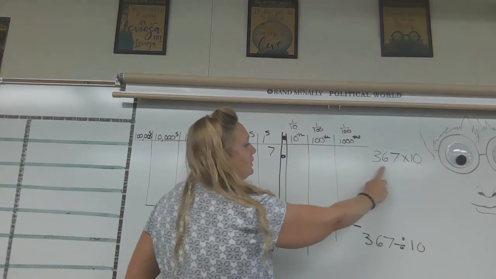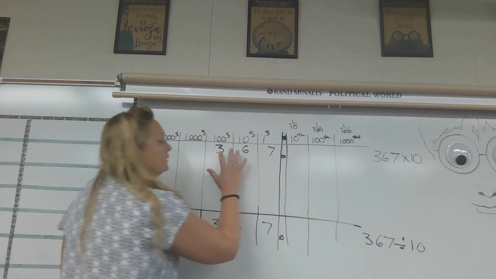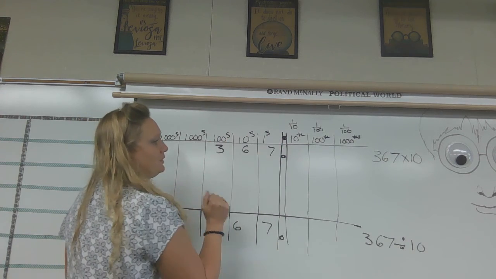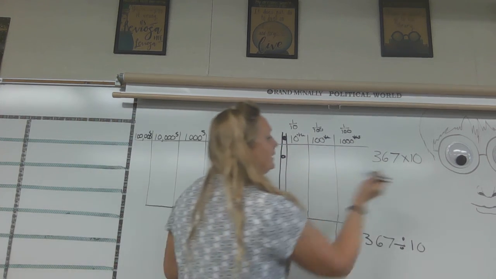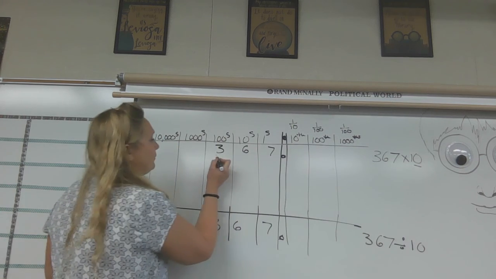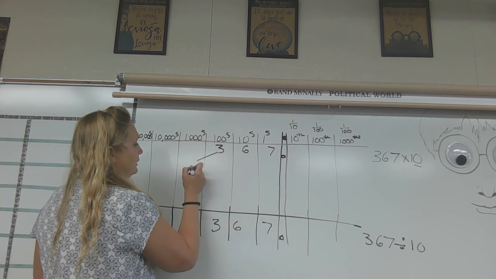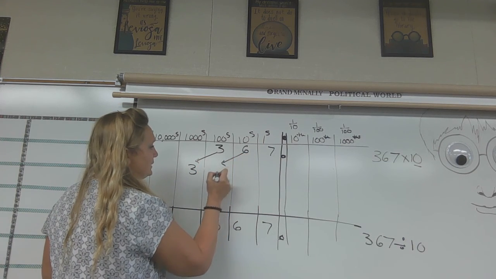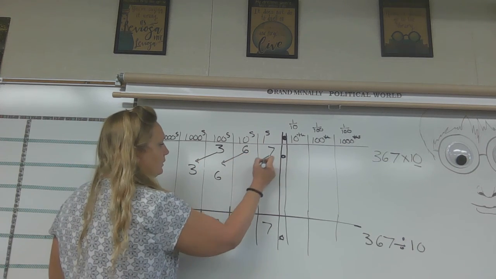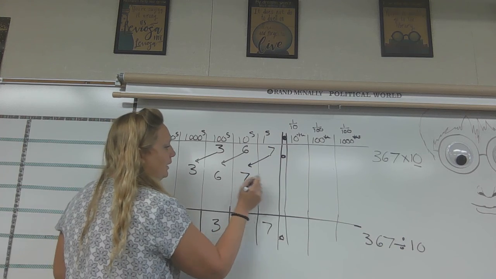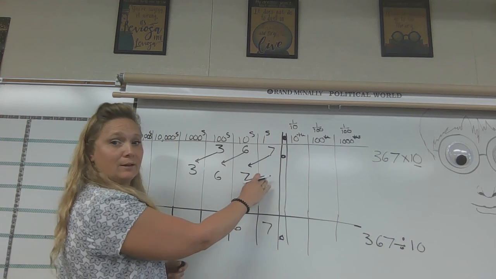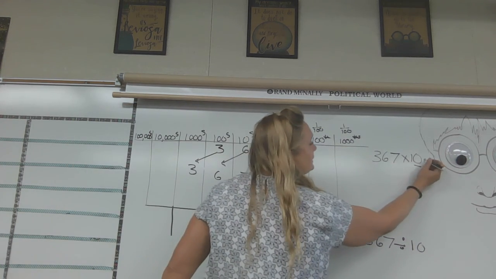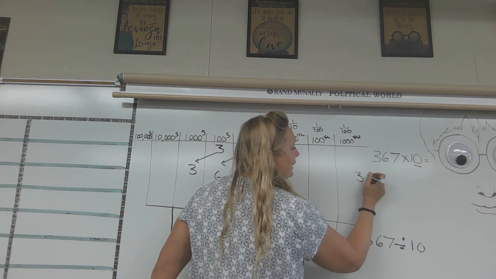at the first problem, which is 367 times 10. So like we did yesterday, we put 3 in the hundreds place, 6 in the tens place, 7 in the ones place, and then 10 has a 1 and a 0. So I'm going over one time, right? So my 3 ends up here, my 6 ends up here. See, I just went one box over, and my 7 ends up here, and then I can never leave a blank, so my blank ends up being 0. So 367 times 10 ends up being